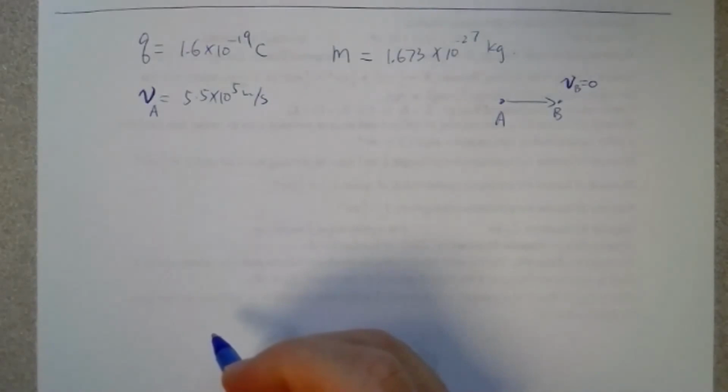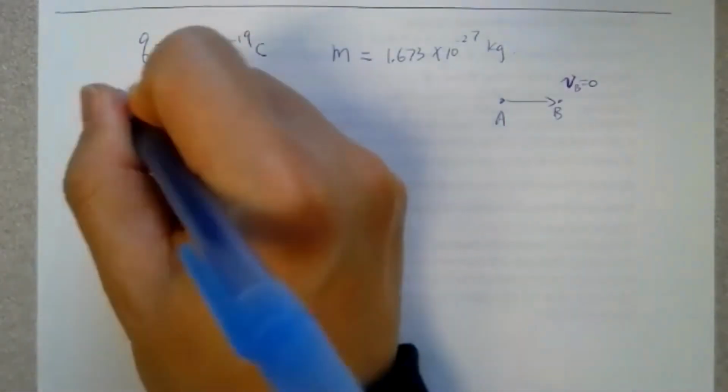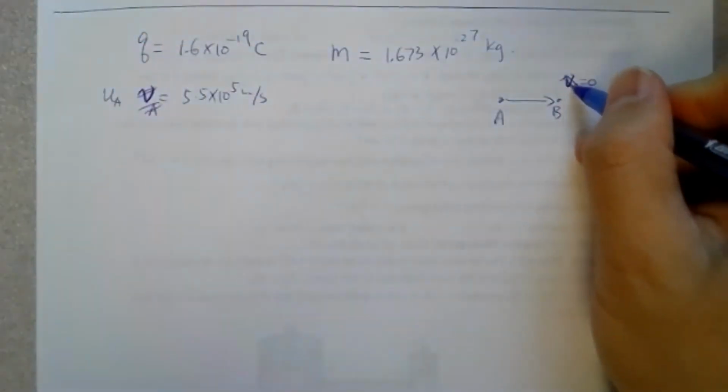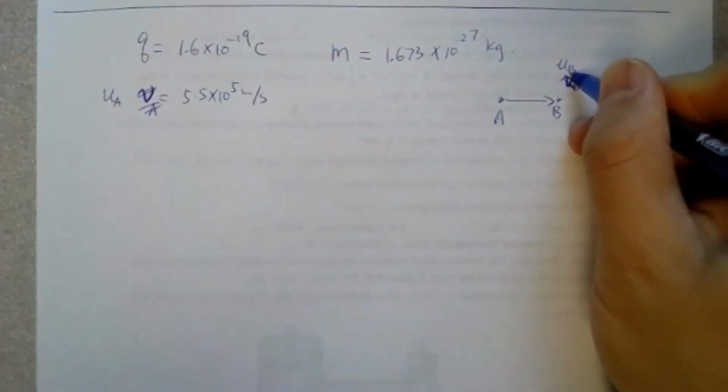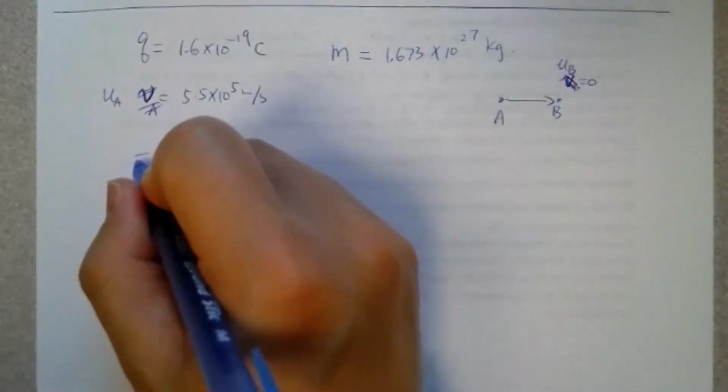All right, so let's take a look here. Or let's use a different sign here. So let's use U as speed, okay? So I'm going to just use small u_A and small u_B here, just for that consideration. So 1/2